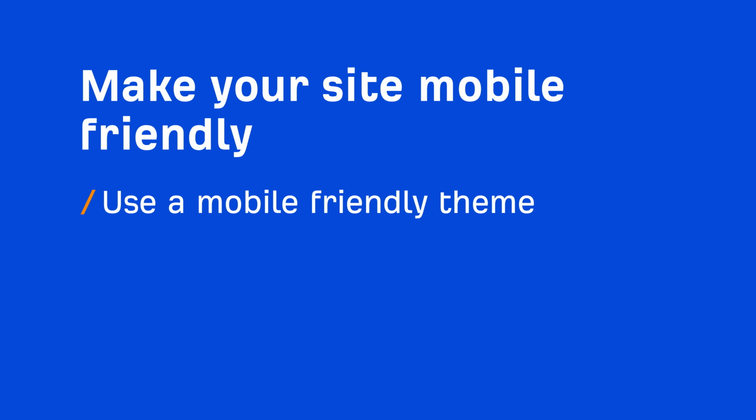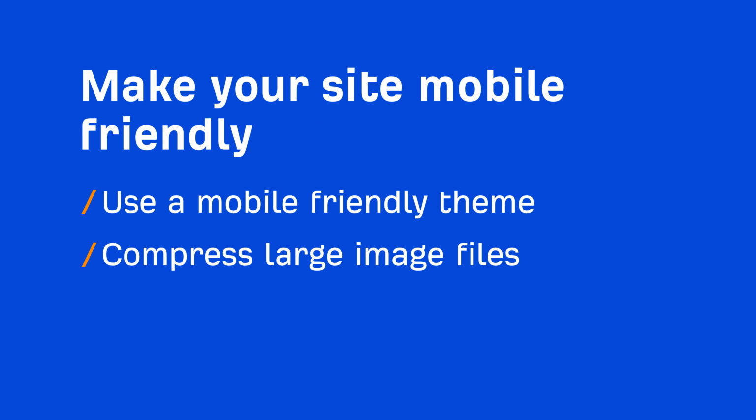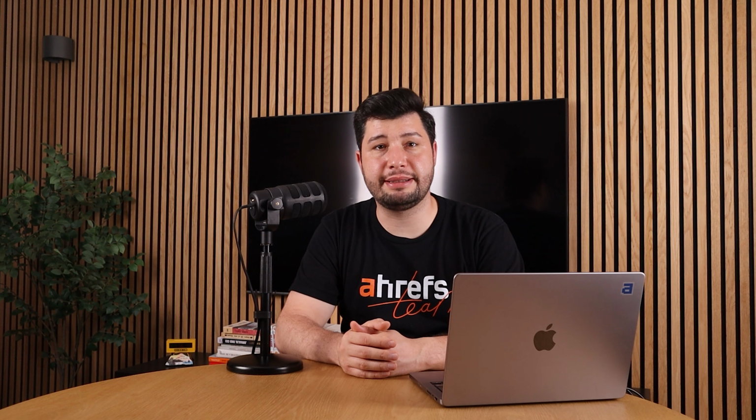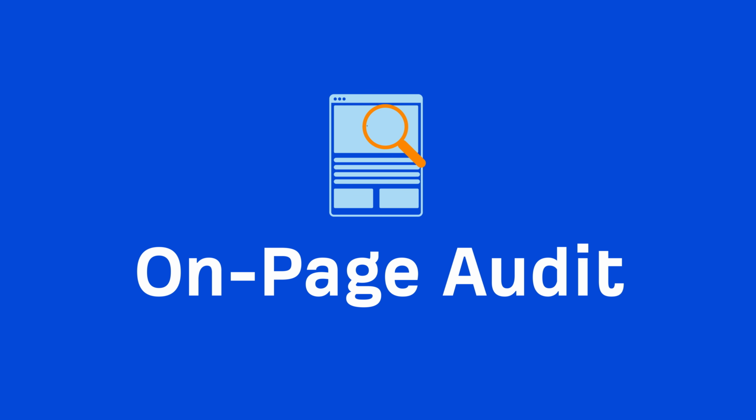Here are some tips to guide yourself around. Use a mobile-friendly theme, compress large image files to under 1 megabyte, but don't sacrifice image quality, and always test your website on different devices and browsers. Okay, so now that we're done with the technical audit, let's move on to the on-page